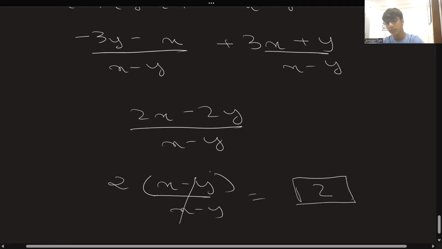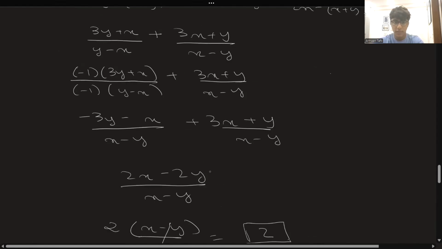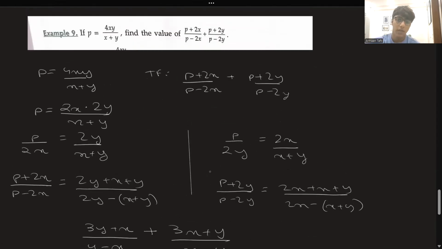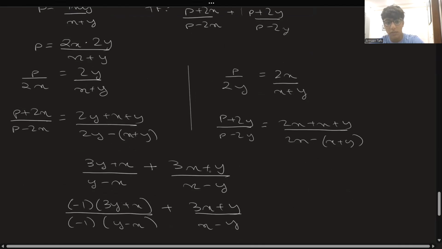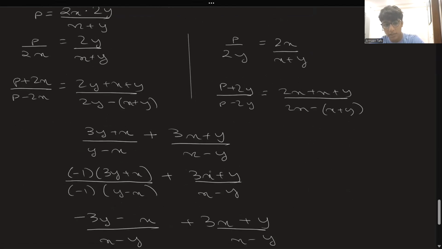Now there was lots we did in this question. Let's just see exactly what we did. So first, we figured out that p plus 2x by p minus 2x is a CND of p by 2x. Same way, this is a CND of p by 2y, right? Then we tried to understand how we could get a p by 2x and a p by 2y. For that, we broke up 4xy as 2x times 2y, and we wrote p by 2x and p by 2y in terms of x and y. Then we did a CND on them both, and we got two expressions, which when we added, we got